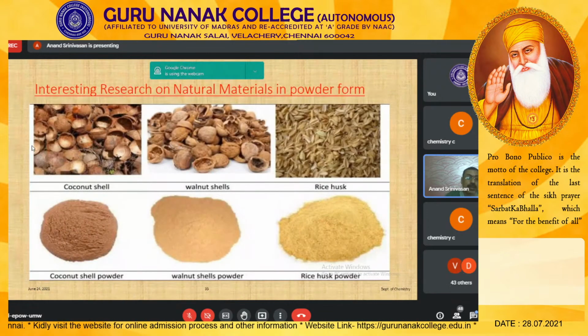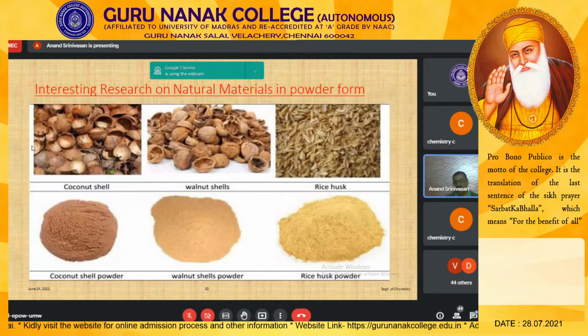And you see different fibers are available in the form of powders as well. You can take coconut shell that can be made into powder. In fact, we made a carbon out of peanut shell. Similarly, you can also use coconut shell, and similarly walnut shell. These are all waste materials. You convert them into useful material. Try to convert it into powder and then reinforce it with the polymer, and make a composite.